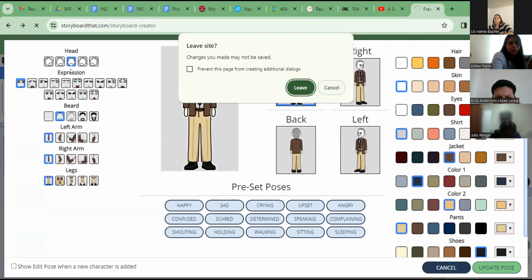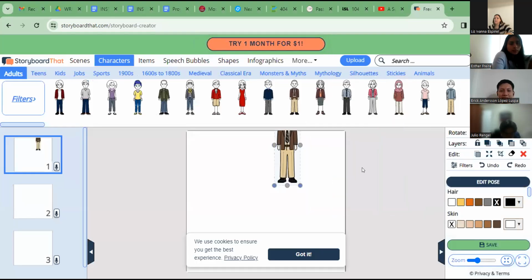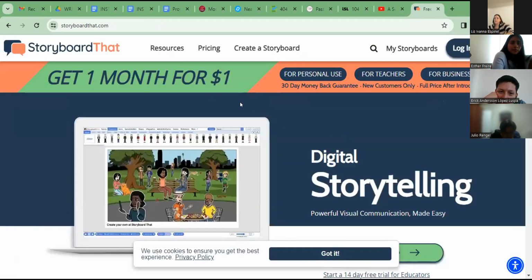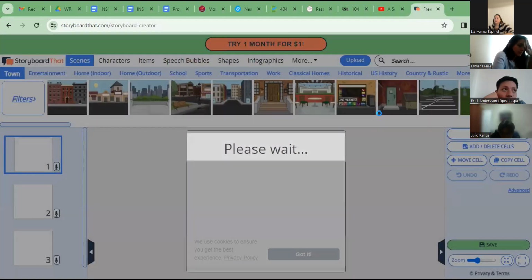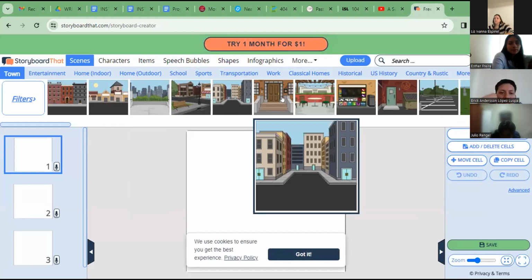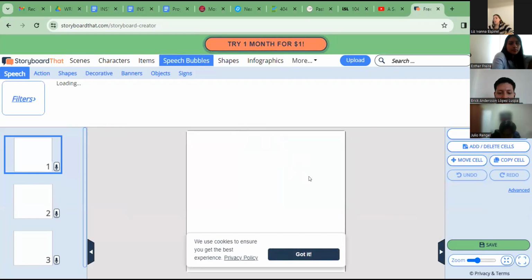I don't have $1 to try 1 month. No, this is for free. You don't have to pay. You don't have $1, you don't have to pay. It's try 1 month for $1. No, one section. So you change, you go here and you have here the speech bubbles because you need